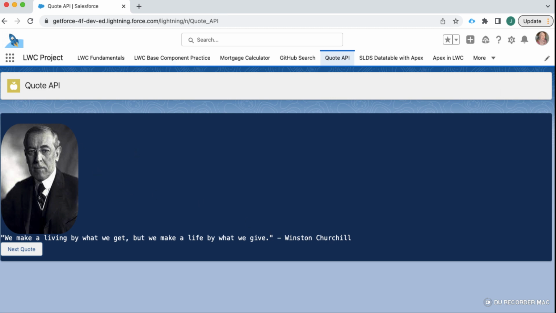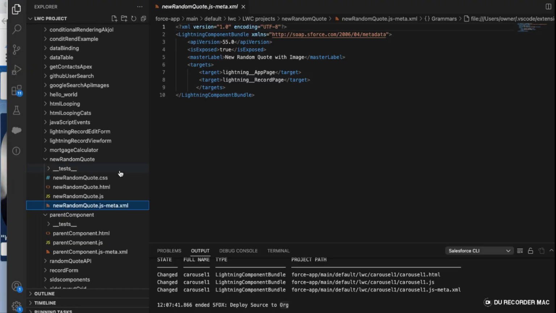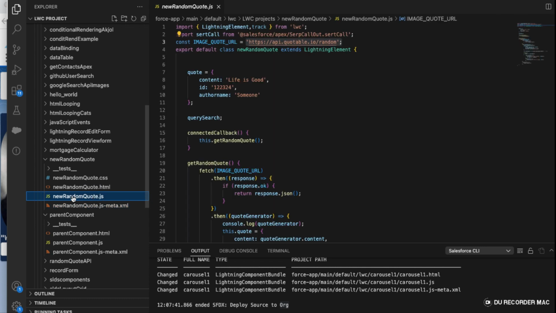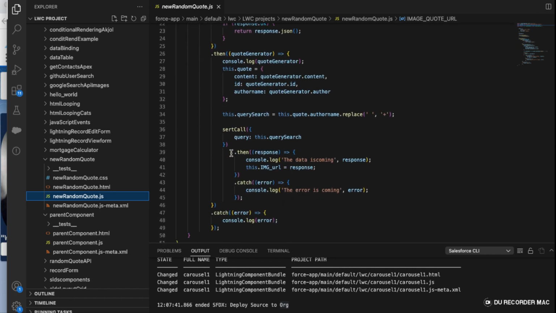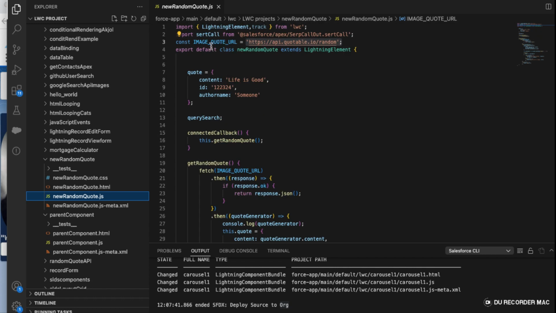So if I show you the back end, this is the Visual Studio Code that I have. So this is the LWC component that I have. It's a JavaScript, and you want to make sure that you have the API quote. It's a URL where you will search for inspirational quotes. You reference the quotes from there, and then this is the part where you will reference from